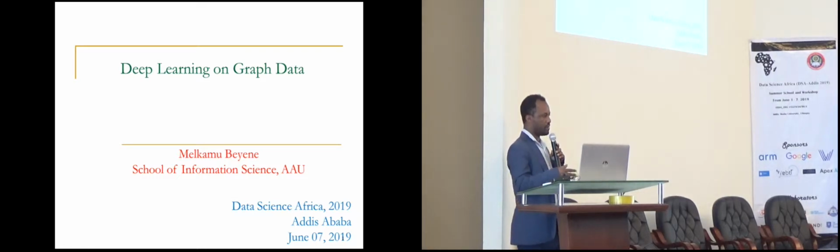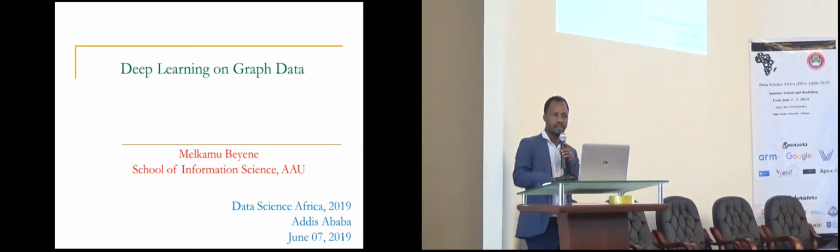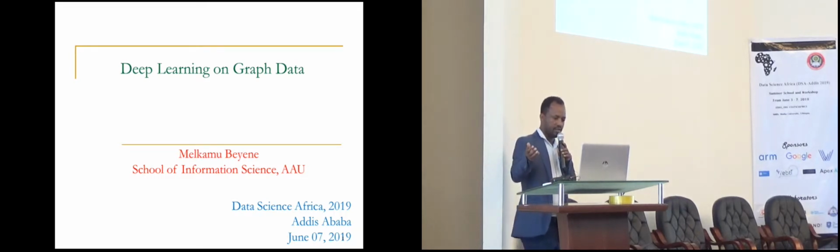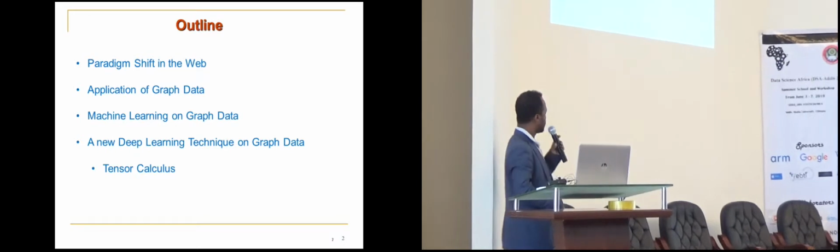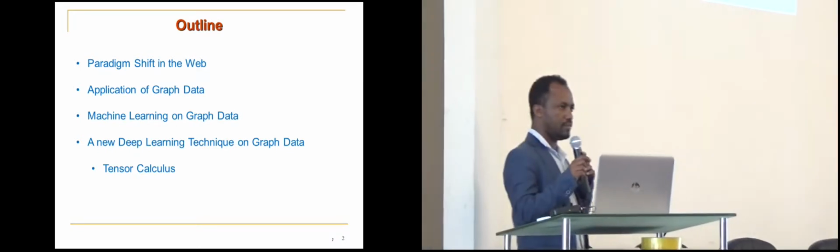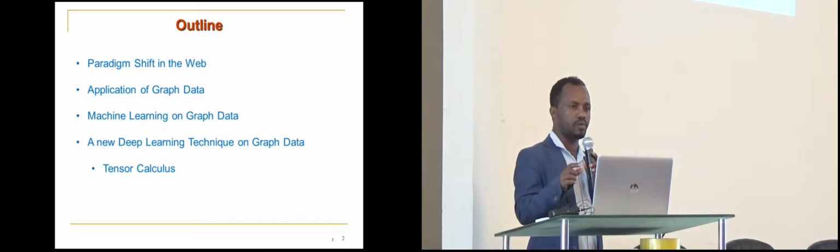I will show how artificial intelligence can be applied in the semantic web. Initially, the research results of artificial intelligence can be used for the semantic web research community. So I will demonstrate that. First, I will present some